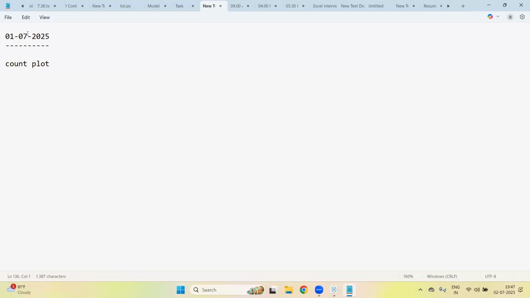Meaning of count plot, and at the same time, how to do the neat formatting of the count plot. For every plot, we have discussed the formatting also. Count plot, bar plot,